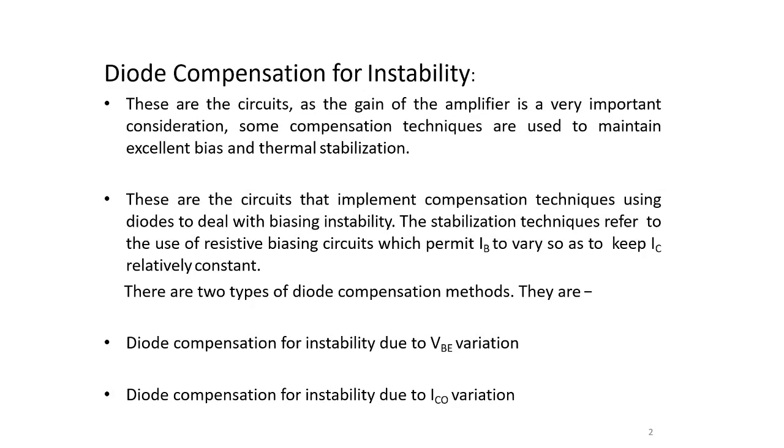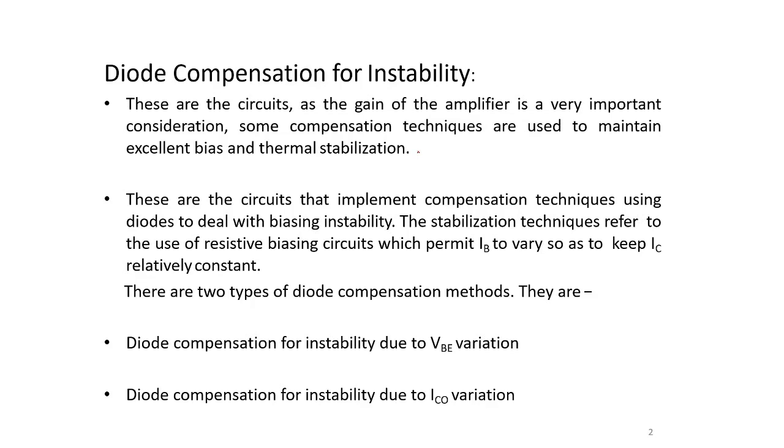Whenever we design an amplifier circuit, we expect, for example, the IC current to be 10 milliamps and the VC voltage to be 5 volts. But whenever the temperature varies, due to that temperature variation the IC current increases from 10 milliamps to 15 milliamps. So we can say that the Q point is not fixed.